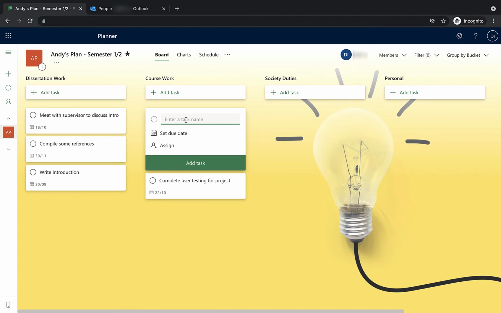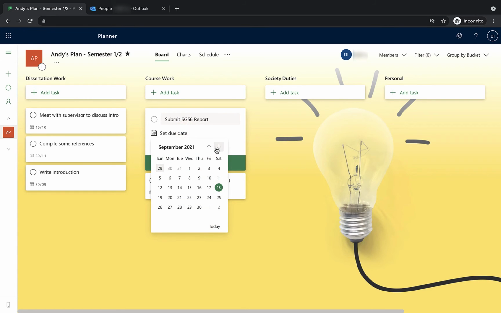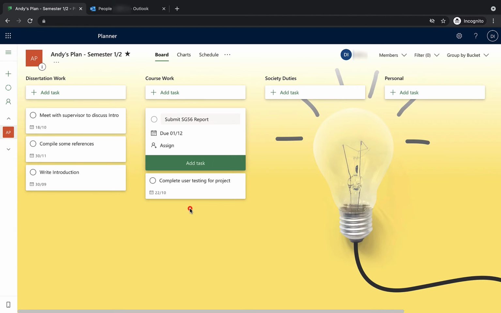So I'm just going to say something like I want to submit SG55 report. Okay, so some report for a piece of coursework there. Obviously that course code means something to me, so that's okay. And I'll set the due date for that one. Well, the good news is that one doesn't need to be put in until the 1st of December. So there we go, add task. Now, in the interest of keeping up with speed with the video, I'm going to add a couple more tasks to this particular plan, and then we'll look at how we can then further edit the plans the tasks which